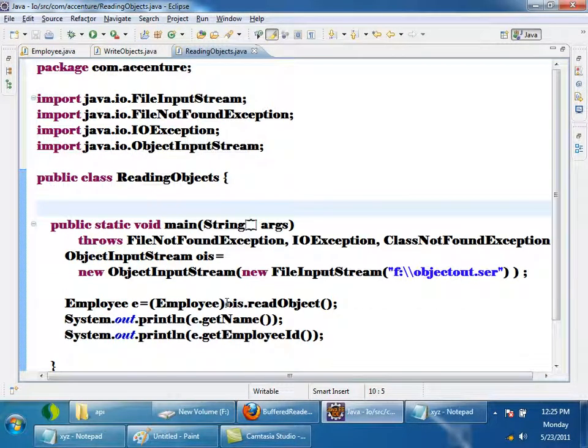Once it's readObject, it will load the Employee class and create an object. What do you mean by creating an object? Memory will be allocated for all the instance variables. But immediately after memory is allocated for the instance variables, what will be executed? Normally the constructor will be executed. But during deserialization,